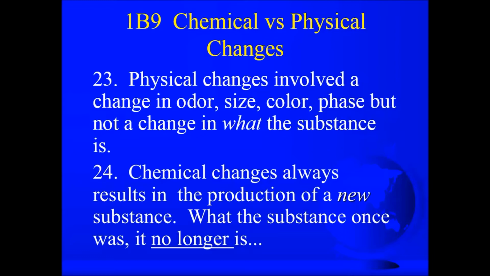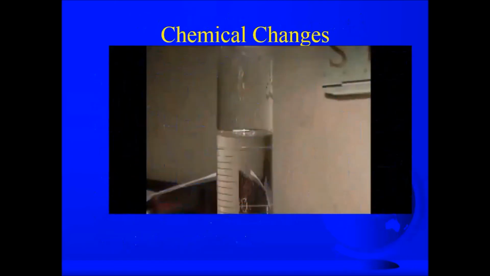We can change Nicole's hair back to blonde. We can put glasses back on her. She goes back to being the old regular Nicole, but did she really ever change? How about if you fry a hamburger? It's a hamburger to begin with. It's a hamburger afterwards. But you can't make it raw again. That's a chemical change. It'd be cool if you could, though.